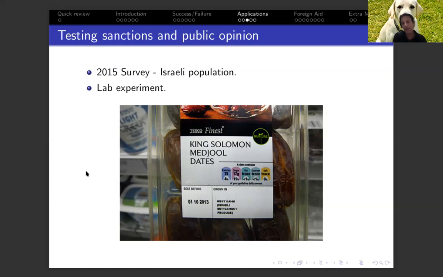The other thing that they manipulated in the lab experiment is the identity of the sender, whether it is a unilateral sanction policy or a multilateral one, and whether those countries that impose the sanctions are supportive of Israel or critical. So the EU is a critical country which imposes sanctions. The United States is actually a supportive one. So having those kinds of elements within the experimental design allows them to test for differences in the types of sanctions that are imposed, and whether those different aspects lead to different opinions of the public. I'll show you some of the results. Some of them are actually pretty interesting.